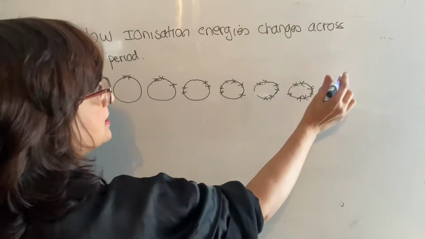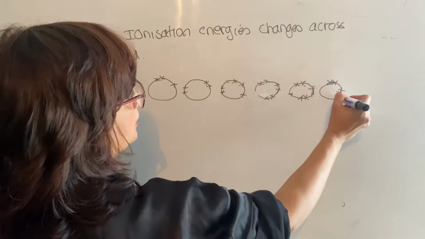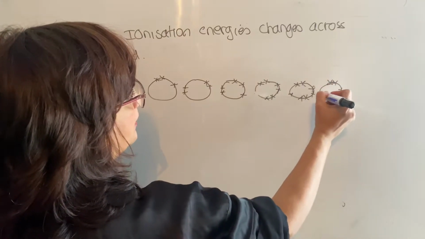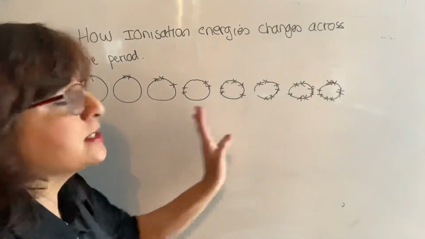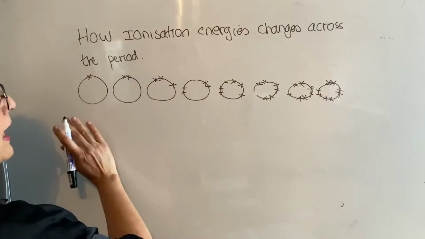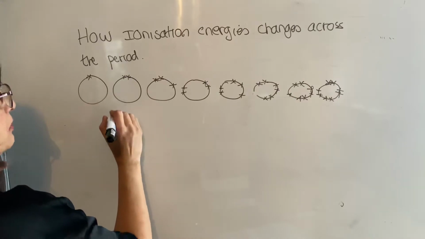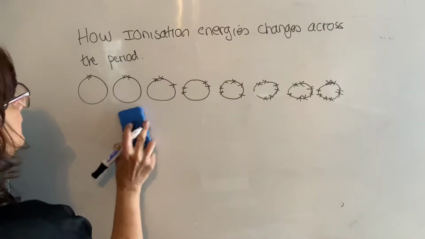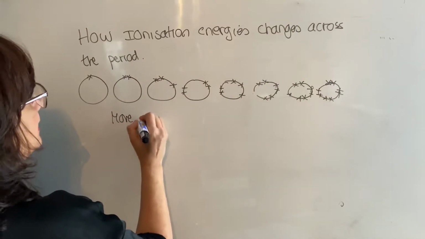And group 0 or group 8, you got 8 electrons in the outer shell, so it's got a full outer shell in there. So the thing that you see in here is that the shell does not change. It's still the same shell, but electrons being added as you go across. So what happens is there'll be more electrons. The reason why ionization energy increases is because there's more electrons